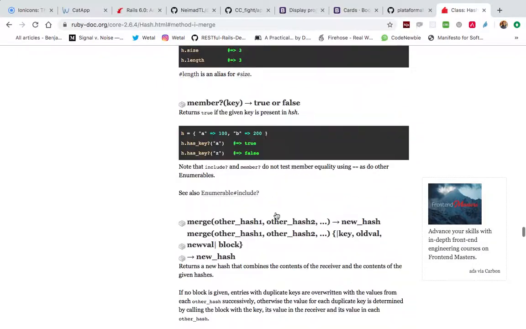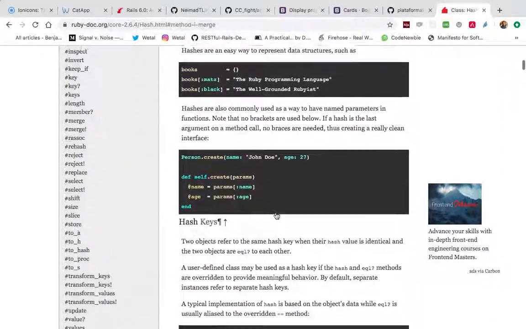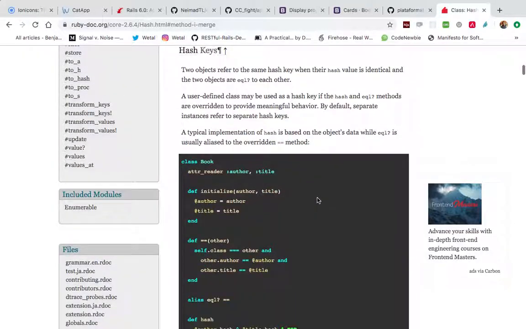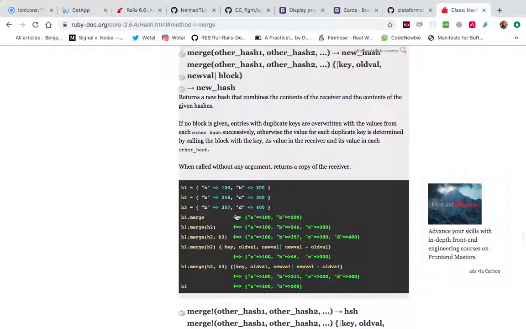So merge is actually a method from the Hash class. Hash is basically a dictionary where you have the key and the value you want to assign to that key. And if you look at the merge method, it will return a new hash that combines the content of the receiver and the content of the given hash, right? So for example, you have h1 and you have h2, and if you merge h2, it won't do anything. That's normal. And if you merge h1 and h2, it will actually add